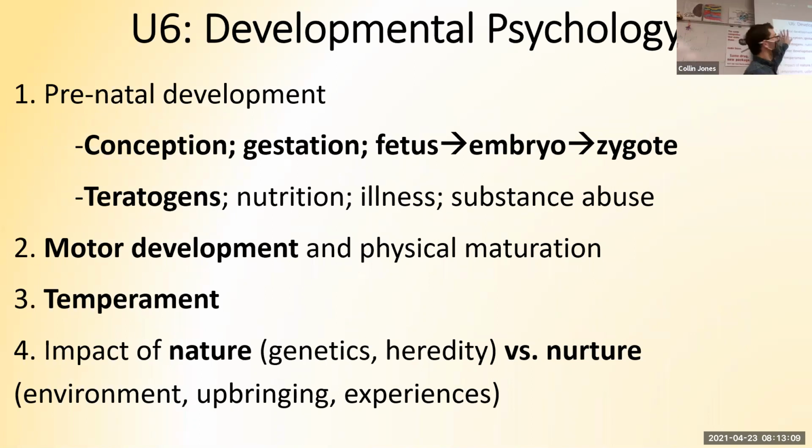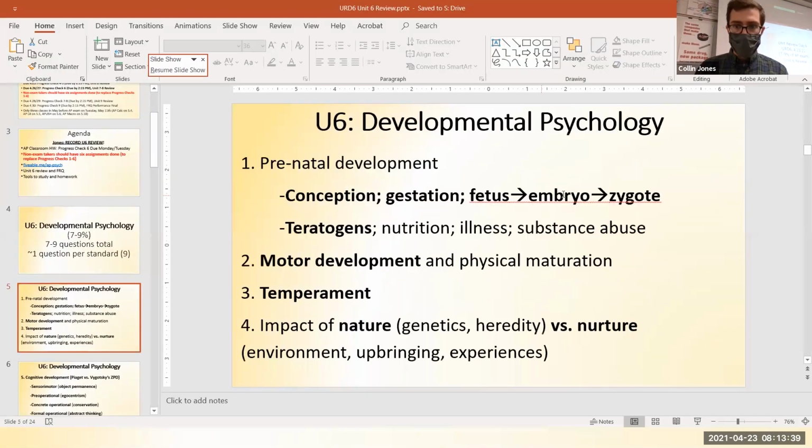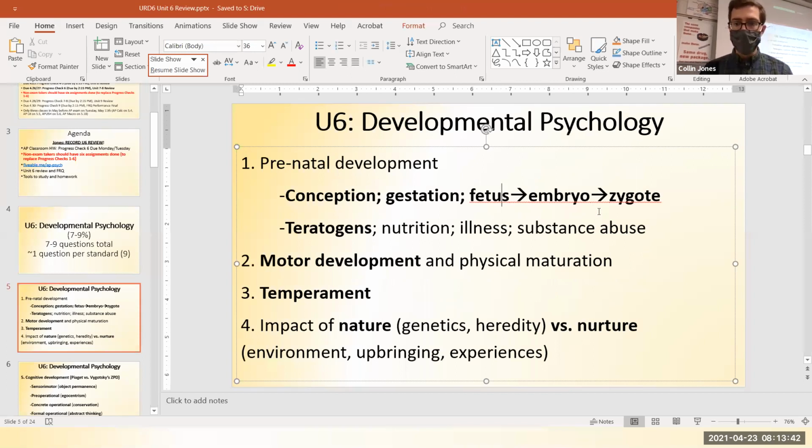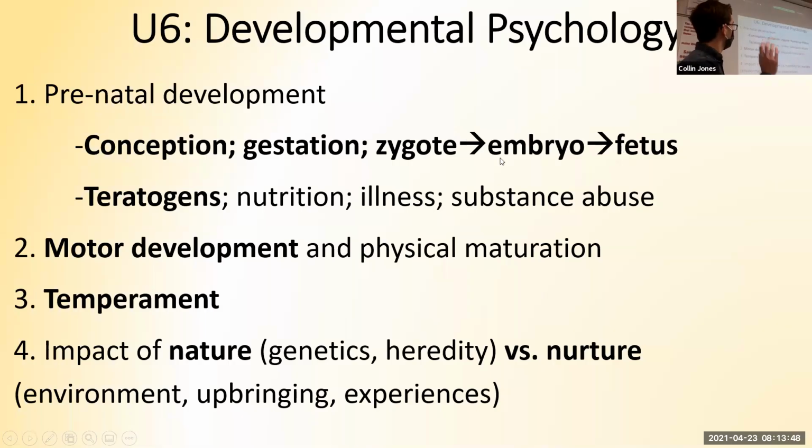Unit 6, we started off, I believe this is Unit 6, Day 1, talking about how babies develop. Yes, prenatal development. So the idea that from conception to birth, we call this period gestation. For humans, the gestational period, meaning how long a woman is pregnant, how long it takes the baby to incubate, is 9 months. We start off by calling it zygote for the first couple of weeks, and then we call it embryo for the first couple of months, and then we refer to it as fetus. ZEF: zygote, embryo, fetus.